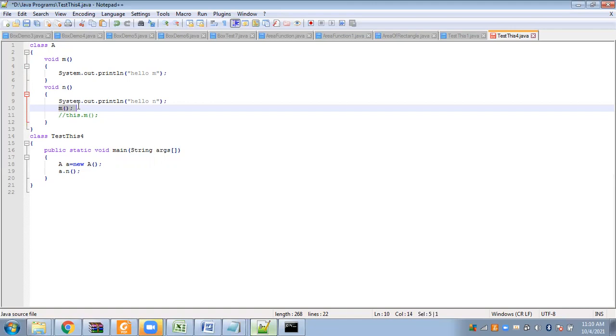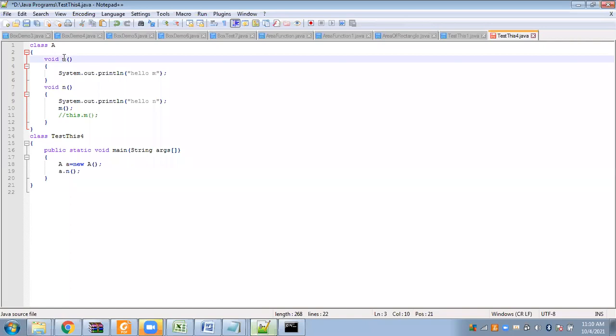So you don't have to write any extra statement to call the M method. Once you call N, its message will be displayed, and also the M method will be invoked, so the hello M message will also be displayed. That is all in this program.